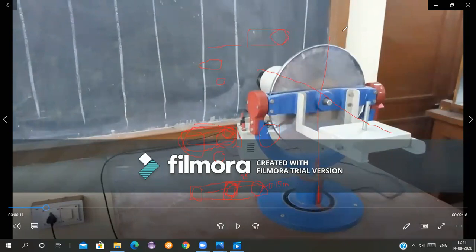When this axis of rotation is changing, now when it moves, the axis will come somewhere here, then here. So this axis is having some velocity. That velocity is what we call the angular velocity of precession. So this axis is moving about which axis? About the vertical axis. This is the axis of precession.